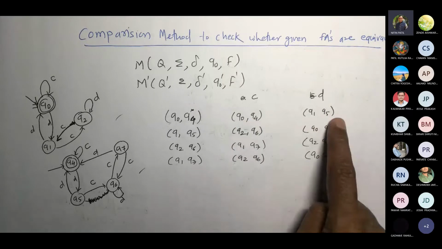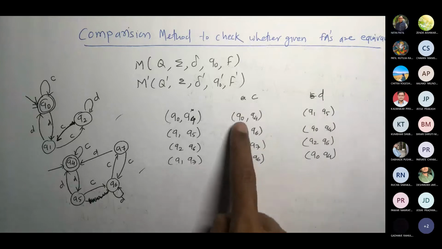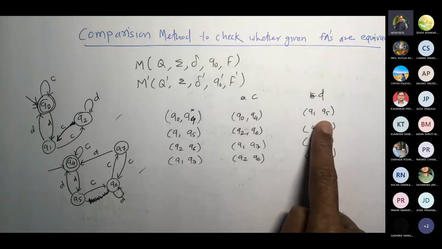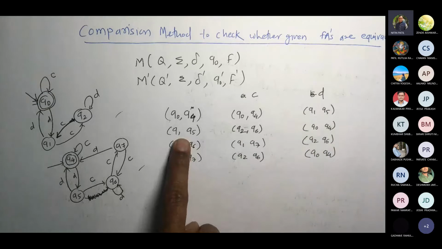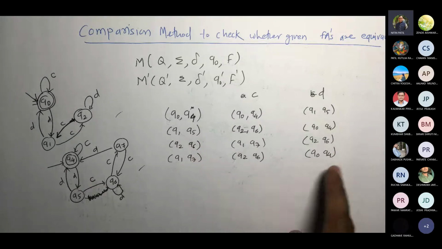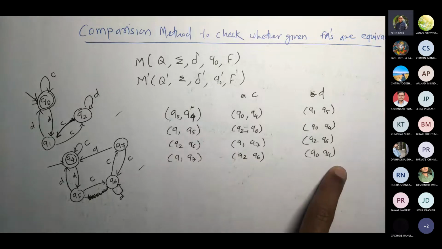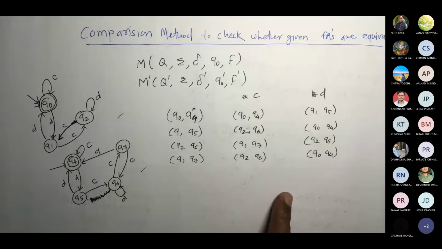When all inputs are covered, we tried finding out in that row which are the new entries. So we got this new entry and added it into the first column. We applied the same process of applying inputs to each of these two states. We applied the same loop, and then we continued constructing this. Towards the end, when there was no new entry available, we stopped the construction of the comparison table and concluded that we never identified in that comparison table any entry containing one final and one non-final. Every entry that we got is either both final or both non-final.